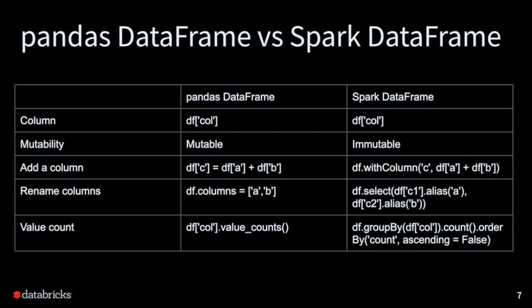Which means that if you want to add columns or rename columns and do some other operations such as counting values, the syntax will be pretty different. Not only is there this difference between mutable versus immutable, but also the syntax of Spark DataFrame was more heavily inspired by the SQL syntax. You see that especially if you want to do operations such as counting the different values you have in a data set. In the case of Pandas, it is directly one operation. In the case of Spark, you need to express that in something that is closer to